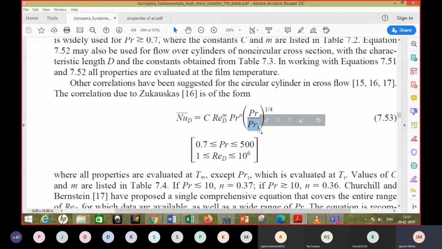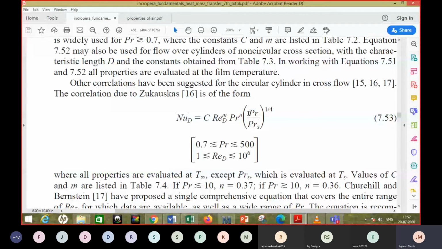Normally, what we did in the two examples that we solved, we took the property at the mean film temperature, which is the average of surface temperature and the fluid temperature. When the surface temperature and fluid temperature are not very much different, this is sufficient. That is, you evaluate the properties at the average temperature or the mean fluid temperature. But if the surface and the fluid are at a very different temperature, the gap is very high, in that case it is always advisable to use some formula like this, where in one case when there is no suffix used,